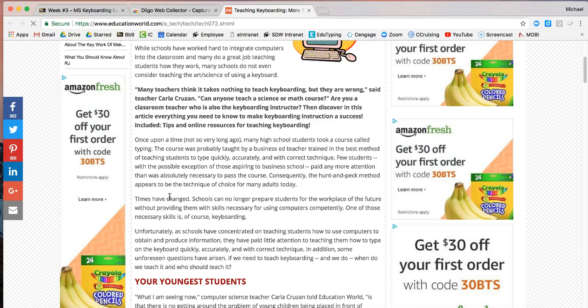It says, times have changed. Schools can no longer prepare students for the workplace of the future without providing them with skills necessary for using computers competently. One of the necessary skills is, of course, keyboarding. Unfortunately, as schools have concentrated on teaching students to use computers and obtain information, they have paid little attention to teaching them how to type on the keyboard quickly, accurately, and with correct technique. So right here, I have a thought. All you need to do is highlight it. You're going to see right there, this is Diigo. Now that you have added it, this is going to come up when you highlight it. Then click this little comment,